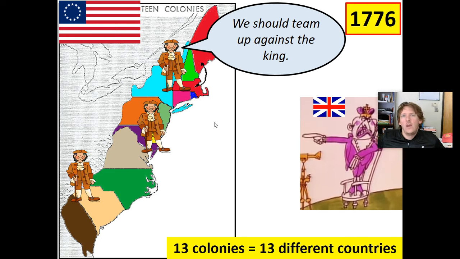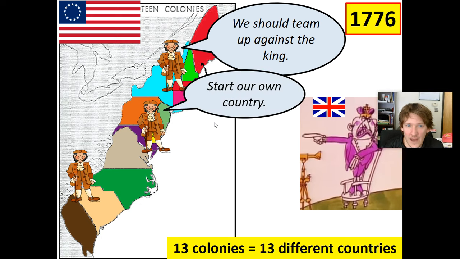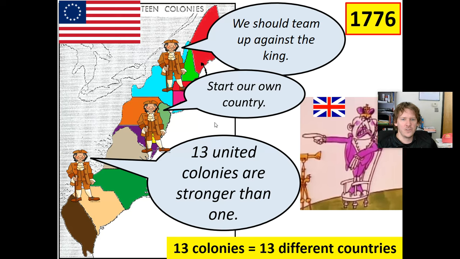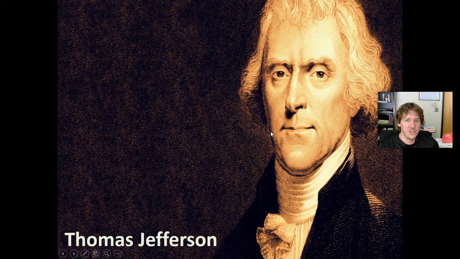It's not like it was today. We were not the United States. We were just colonies. We were loosely connected, if that. The only thing we had in common is we're all in North America, all on the East Coast. The people did not get along. Sure, they had a similar language and some similar beliefs. The one thing that they did share was that they were ruled by the king, and they did not like it all that much. And they decided we should start our own country, 13 united colonies, because that's what it's going to take if you want to be able to defeat the king. These 13 different, basically, countries need to come together if they're going to defeat the strongest nation on earth.